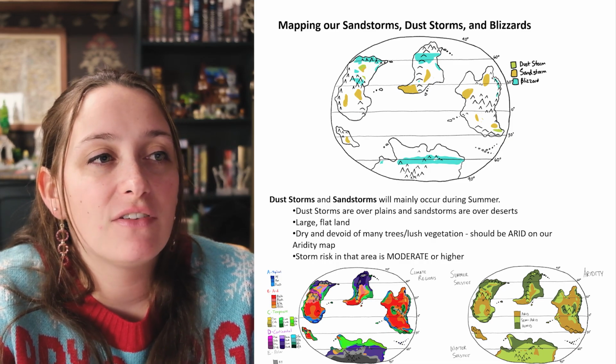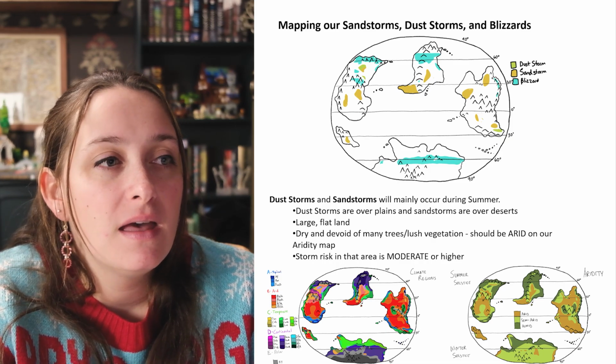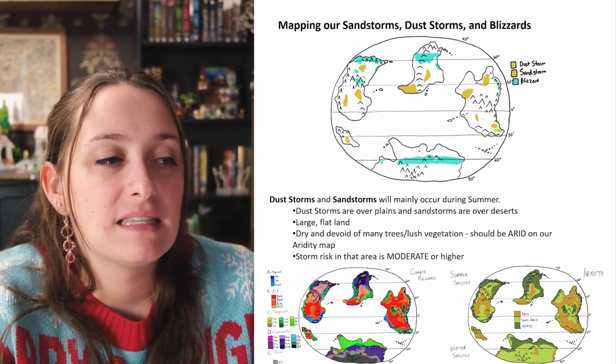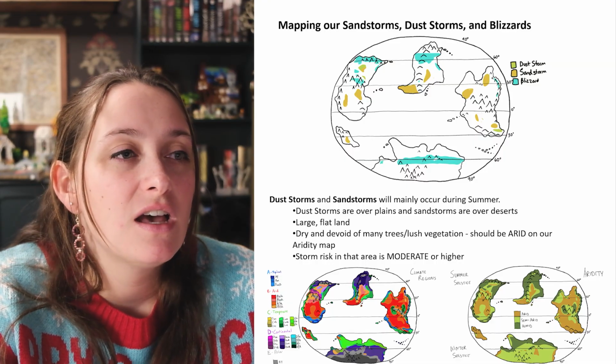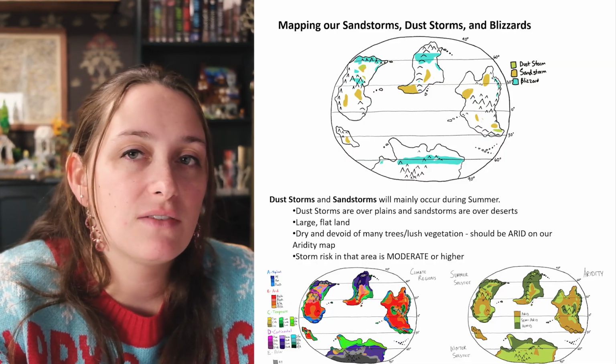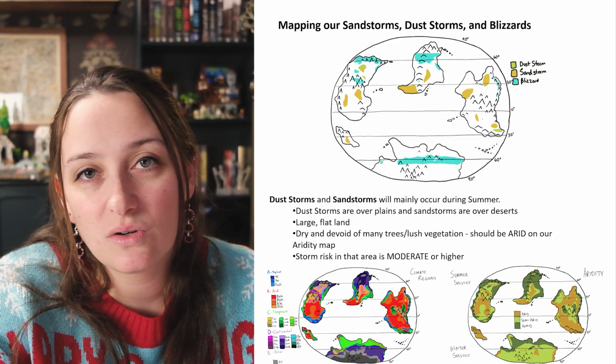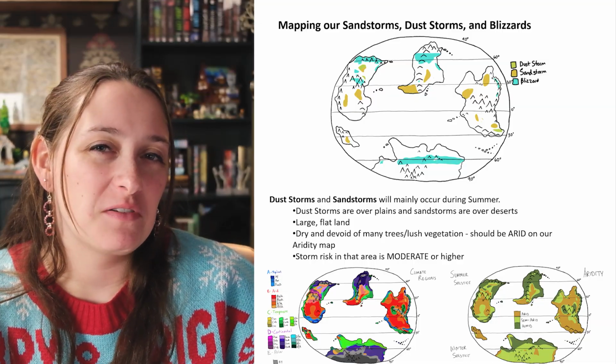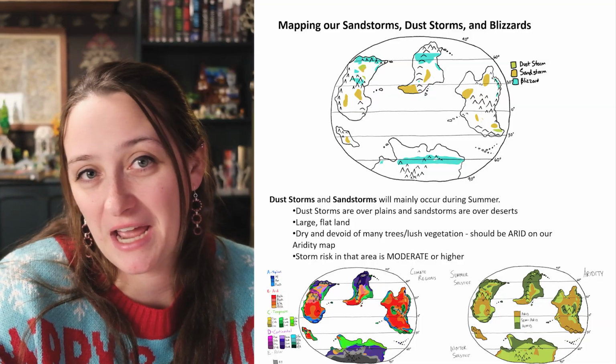And I didn't actually have a lot of dust storms on this map because in the regions that I would mostly see this, I actually have a lot of desert. So it's possible that pockets of these would be dust storms and not sandstorms, but it was kind of hard for me to tell at a global scale, so this is what I have.